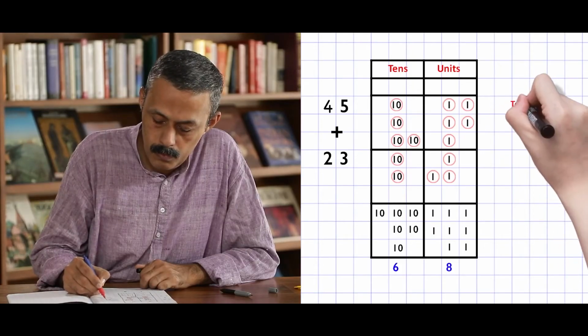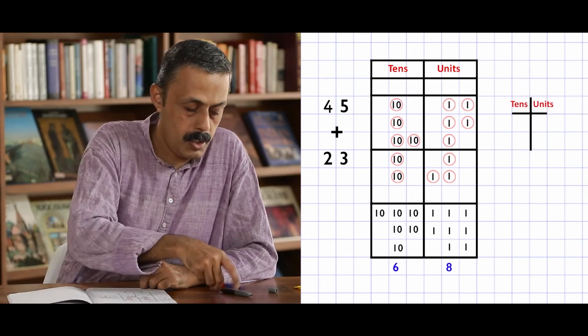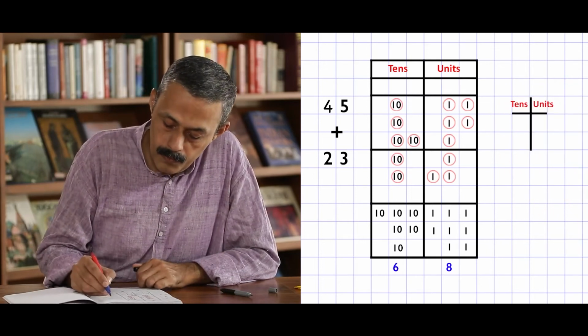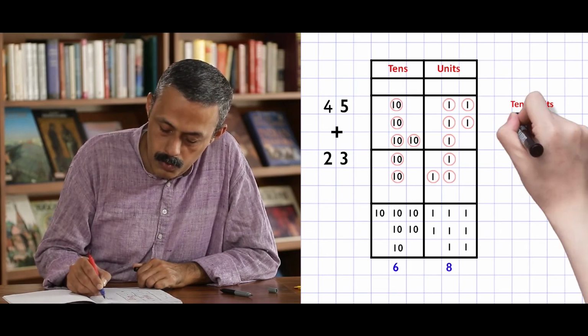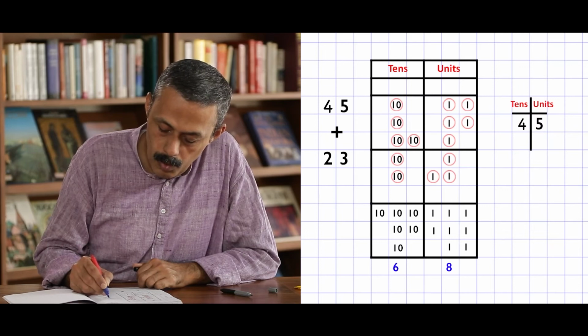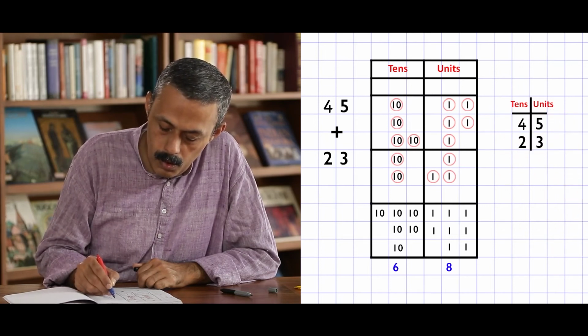The abstract stage also will have the same process. Let us write the table first. Units, tens. The textbook contains a similar table. Let us first write the first number, that is 4 tens and 5 units. Below that is 2 tens and 3 units. We are